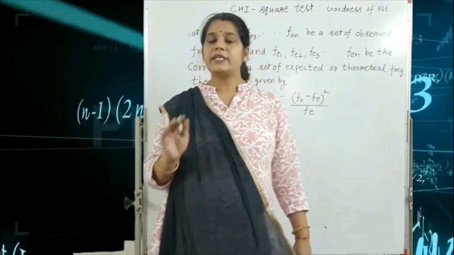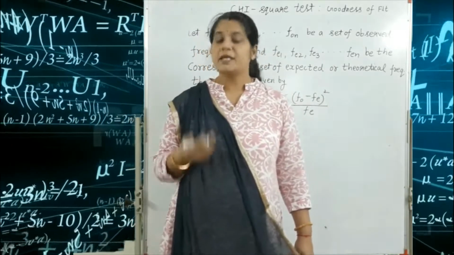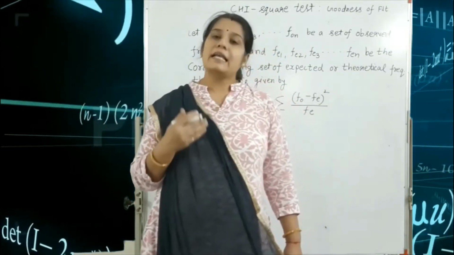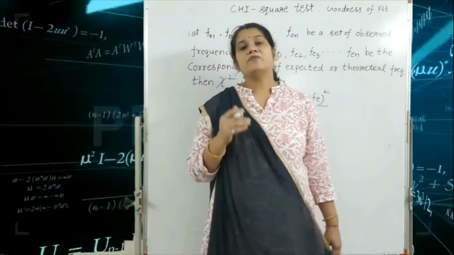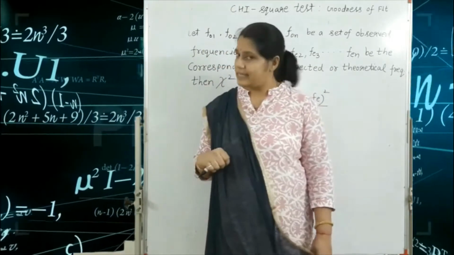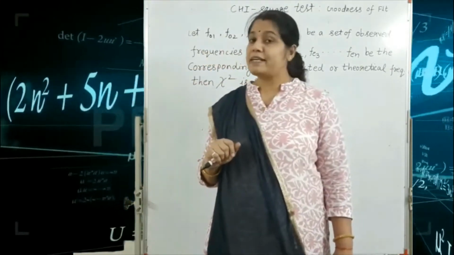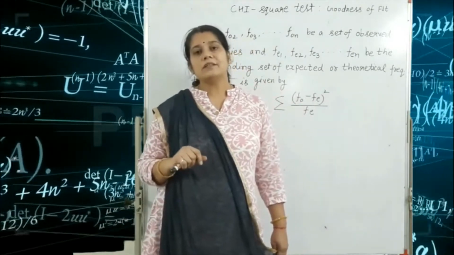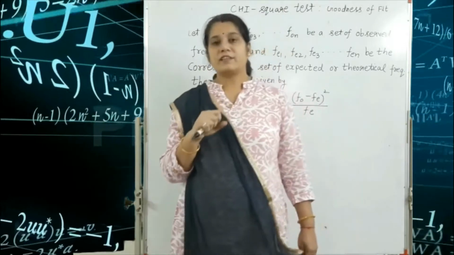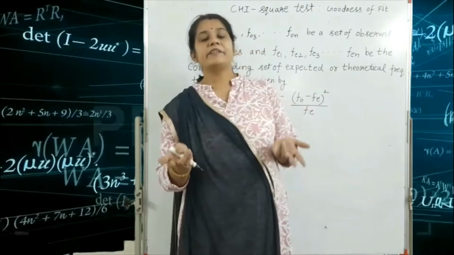All these three tests depend on the small sample. That means if in our question the number of samples is less than or equal to 30, then we use the small sample tests, and we have three types of test. The third one is the chi-square test, which depends on the frequency. In the chi-square test, we test whether the observed frequencies differ from the expected frequencies significantly or not.